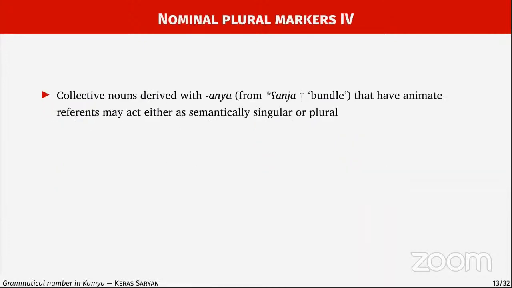Okay, and now a little bit more on one of the suffixes we've just seen, which is anya. So this is the collective suffix or mass noun suffix, and when it's used with referents that are animate, it can be treated either as semantically singular or plural. So if we take, for example, the noun mugu, pig or pigs, so there is the irregular plural form mugu, regular plural form muguda, and this also coexists alongside